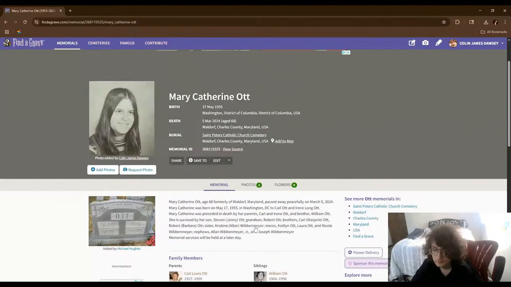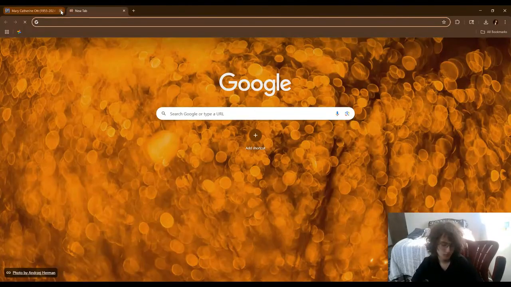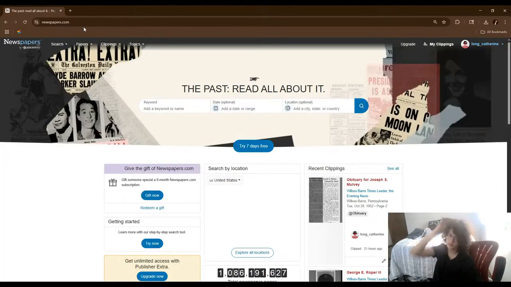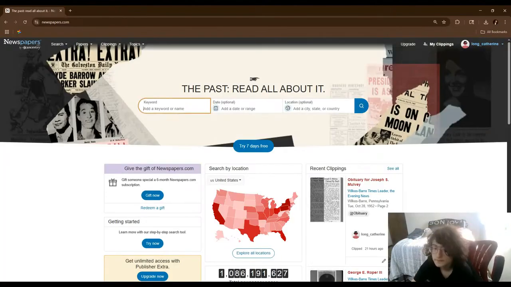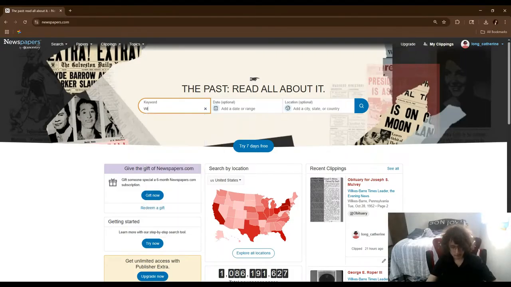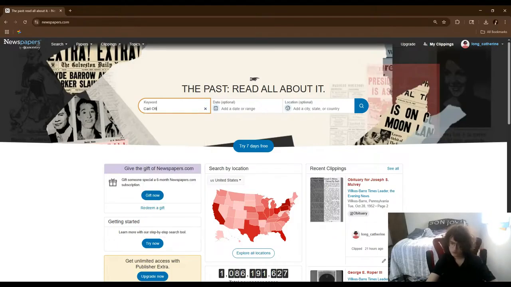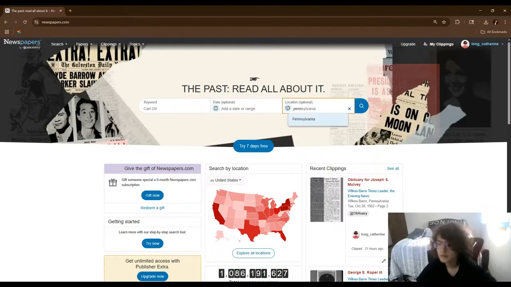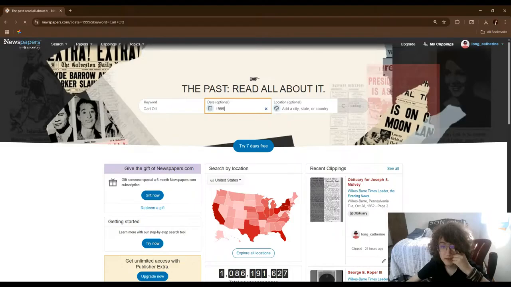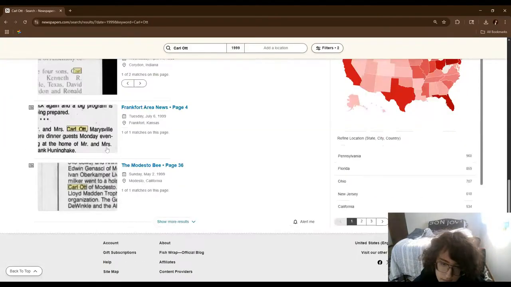So, maybe. Alright, so why don't I explain how you get articles on newspapers.com? Say I want to search for someone, maybe, no, actually, let's do Carl Ott, who is their dad. I think, maybe Maryland, but 1999. The more information you put in here, the more it will be narrowed down. So it looks like,